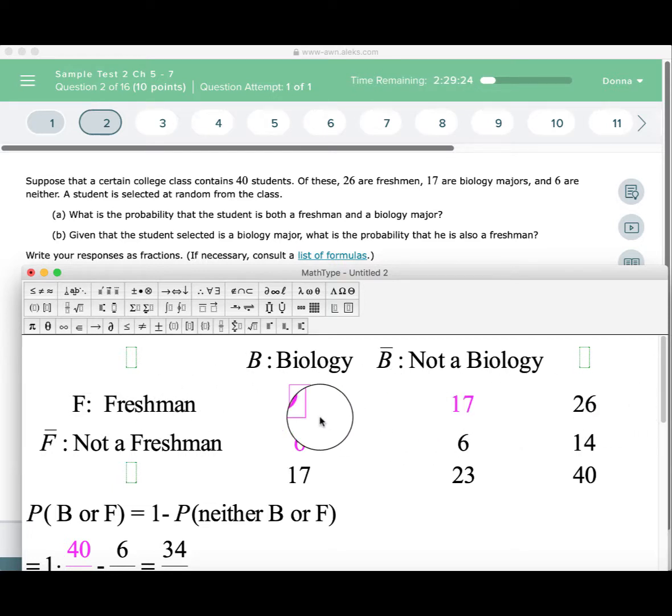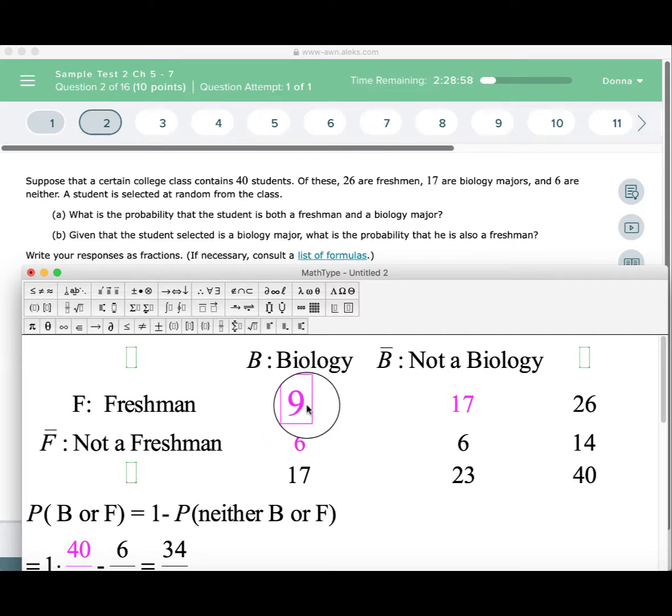If you take Freshman Avenue, that's 26 total. And if you take Biology Boulevard, that's 17, but we're counting the 9 twice. So that's why we subtract the overlap. So the probability of bio plus the probability of freshman minus the and, that's where they overlap,